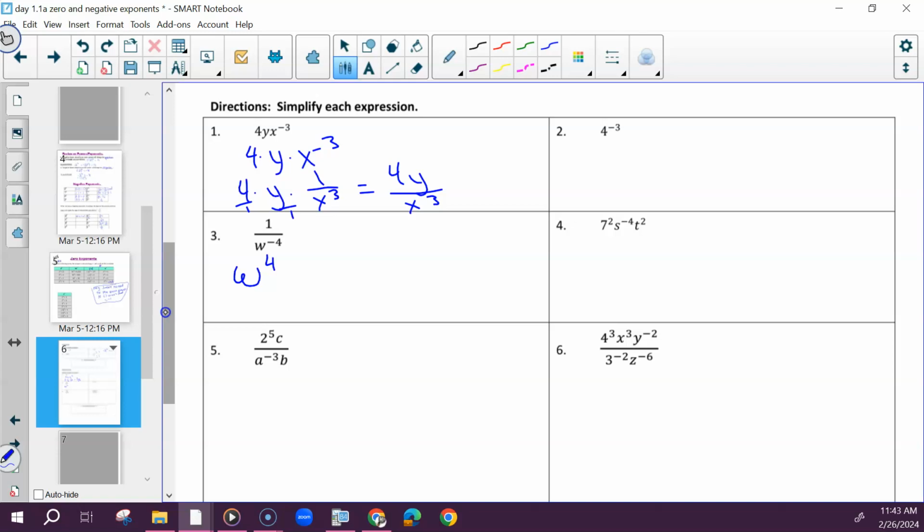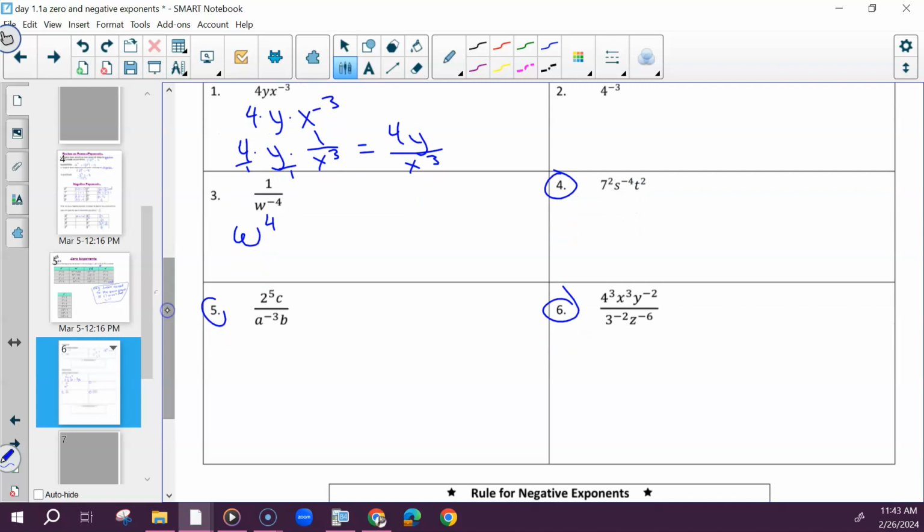Which of these other ones do we want to see you go over? 6, 4, 5. So starting with 4, if you want to separate this as we did number 1, we could do that. 7 squared is just, the squared is just with the 7. S to the negative 4th, and then t squared. So in this one, we can change one thing and simplify 7 squared. So 7 squared would give us